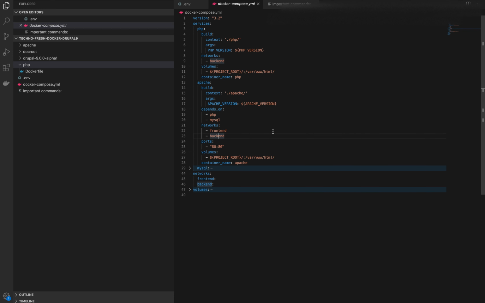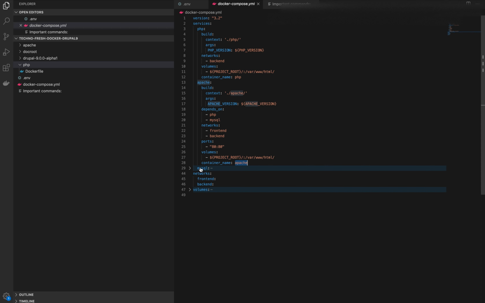Apache needs a port where the localhost will interact, so I have defined 8080. For the volume, there is the project root, which is where your current code is residing. The target is where, whenever you install Apache, it gives you the HTML folder or htdocs. That's the path, and the container name is Apache.